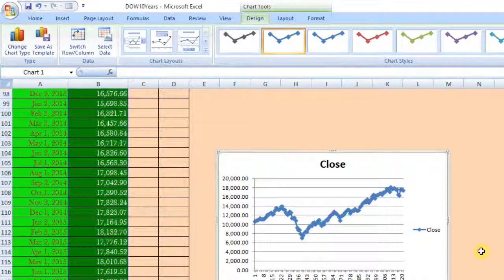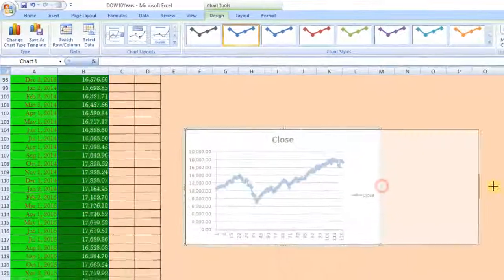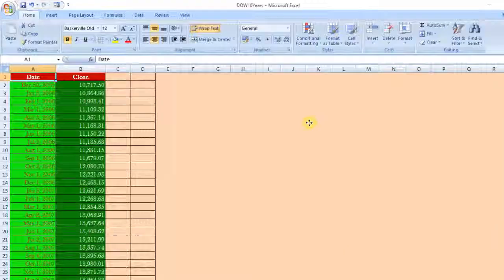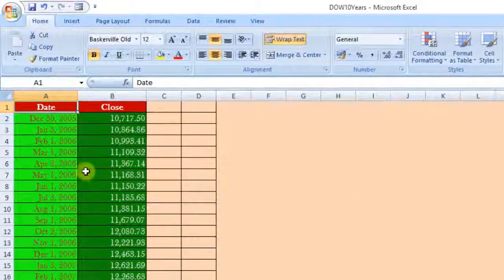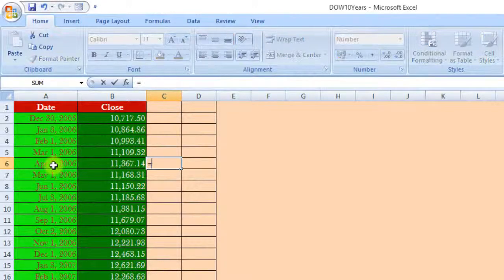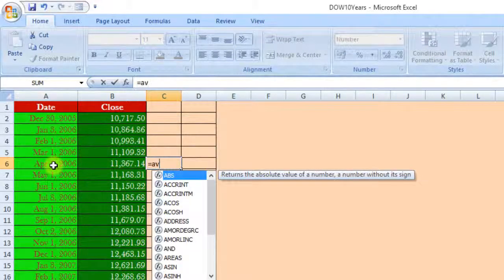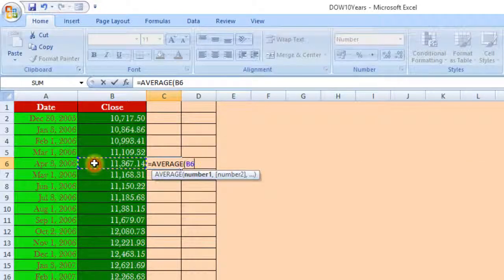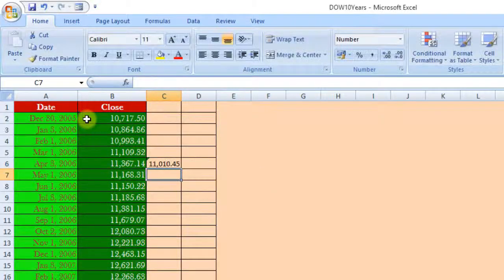Line chart is drawn. Now expand the chart to have clear view of swings. The data points are volatile, which means there is randomness in the data. On this historical monthly data, you want to compute 5-month simple moving average. For this, in cell next to fifth value, that is April 2006, type equals to and type average and select 5 past close values beginning from April 2006 to December 2005 and click enter.